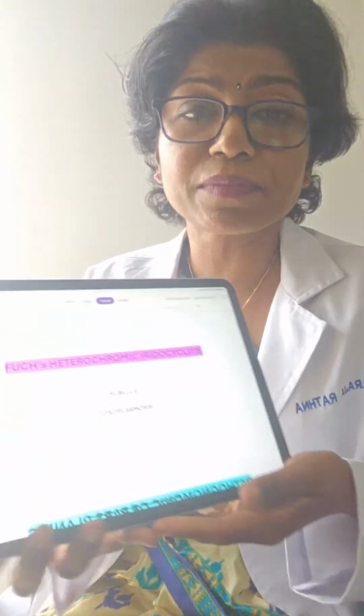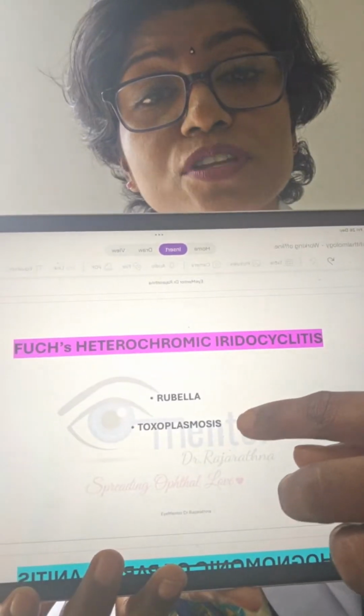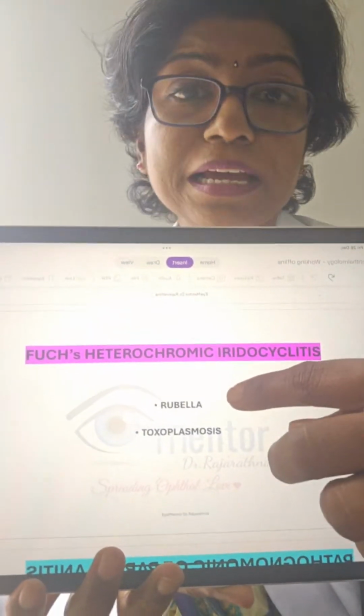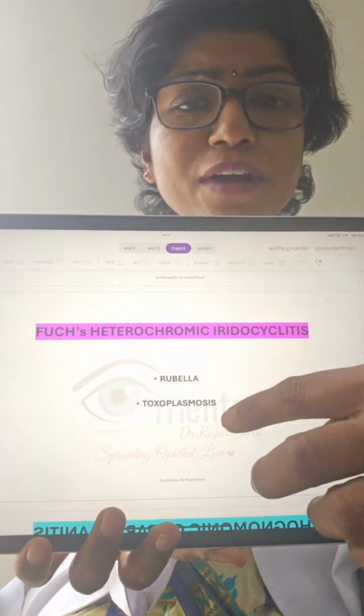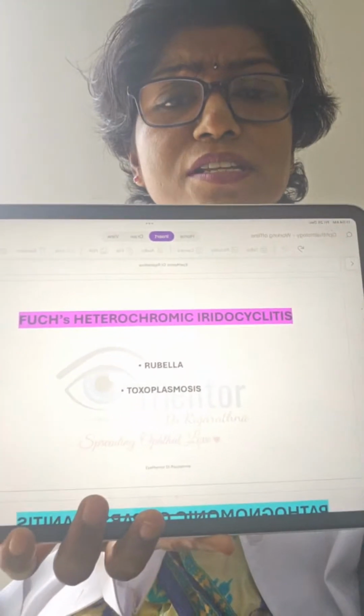Because you are attending my class, you should know something better than the rest. Rubella is quite common, and nowadays they have also found that toxoplasma is implicated in the pathogenesis of Fuchs uveitis syndrome, or Fuchs heterochromic iridocyclitis. Next question: choroidal vessels are best visualized on option A, OCT; option B, fluorescein angiography; option C, flow cytometry; option D,